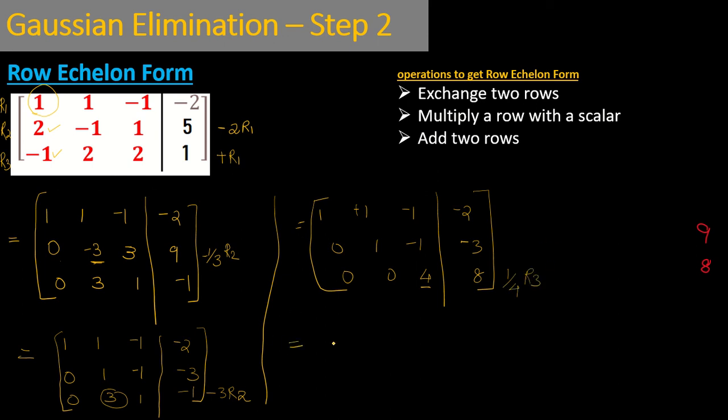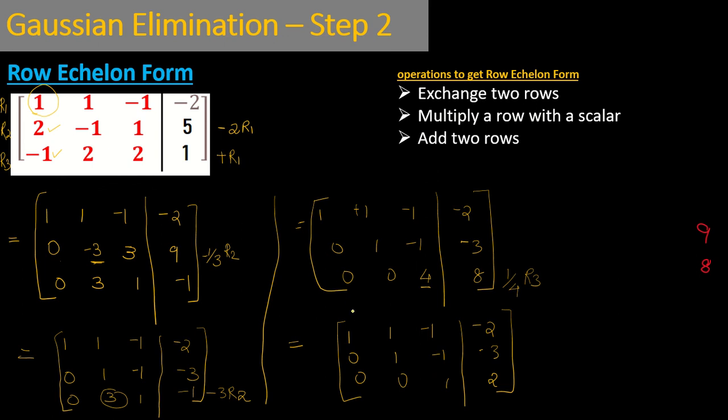So the answer is 1, 1, minus 1, minus 2, 0, 1, minus 1, minus 3, 0, 0, 1, 2. Like this. Okay. So now this matrix is in row echelon form,